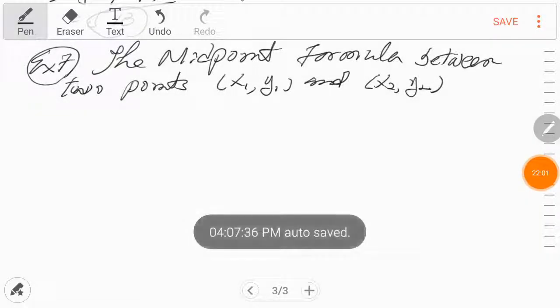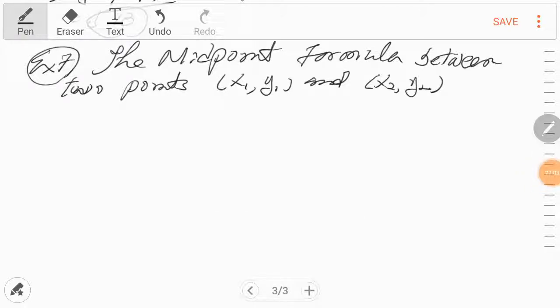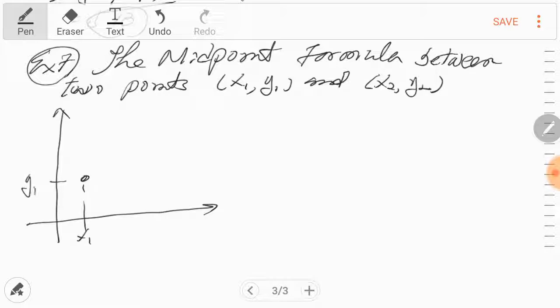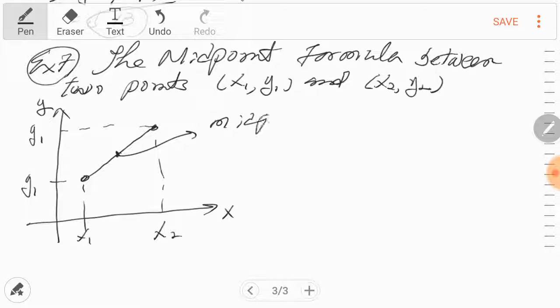Okay, this example is about finding the midpoint between 2 points. The midpoint. So let me draw this one on a rectangular system. So the first point is x1 and y1. The second point is x2, y2. X coordinate, so x-axis, y-axis. So the midpoint between these 2 points is actually the average. This is the midpoint. The midpoint is the average